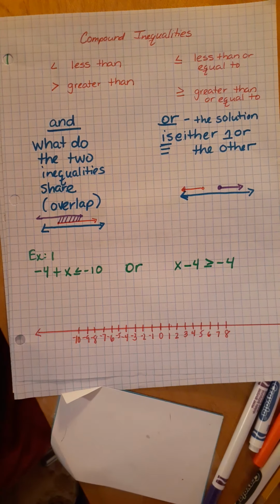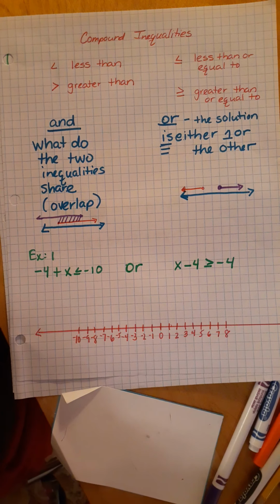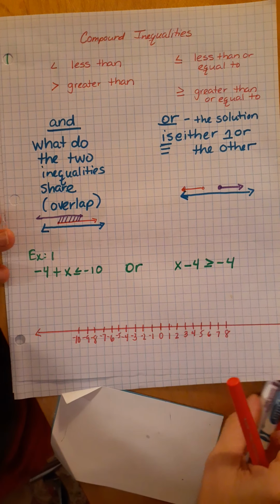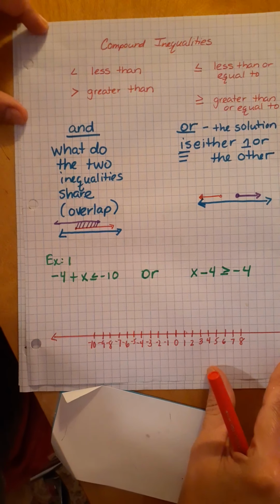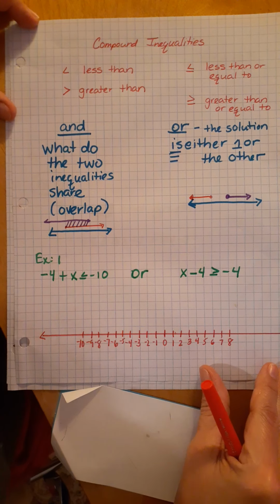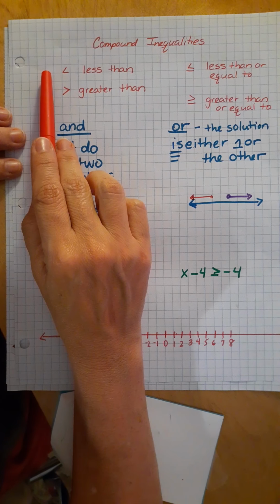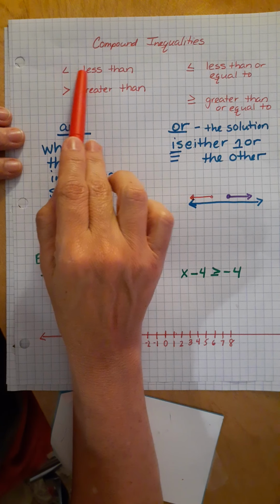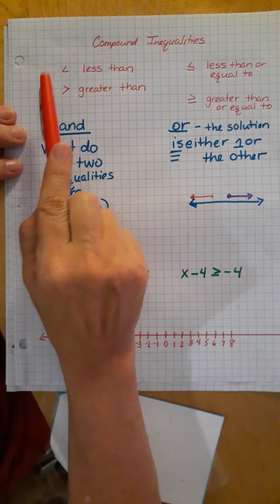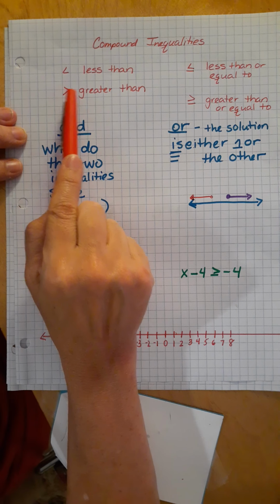So we're going to be reviewing compound inequalities, which is just inequalities with a little more complications. Let's review really quickly how inequalities are utilized and read. We have inequalities that are less than, which means a number in front should be less than or smaller than the number behind it. We have greater than. The number in front on the left side should be larger or greater than the number